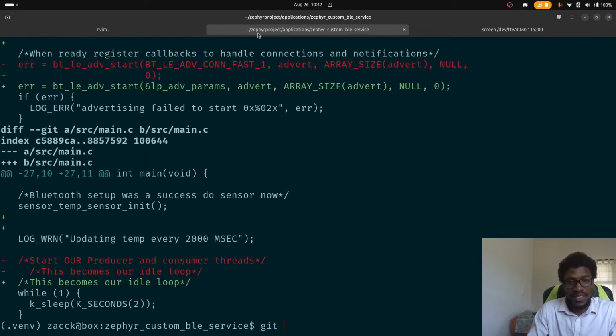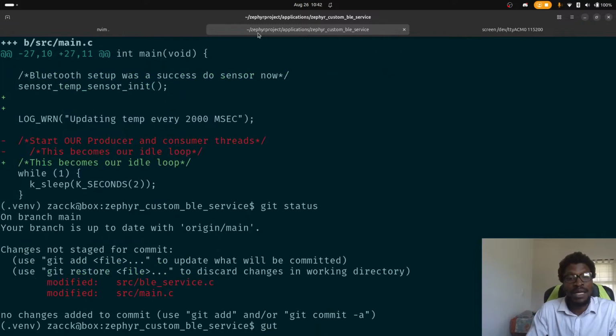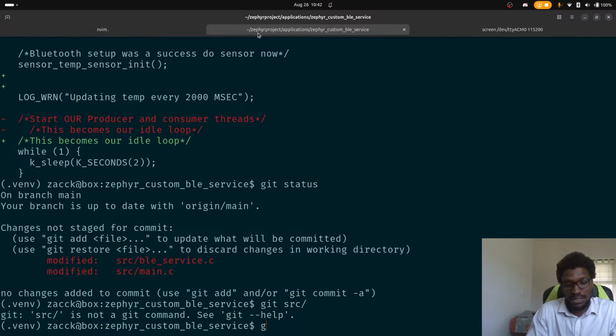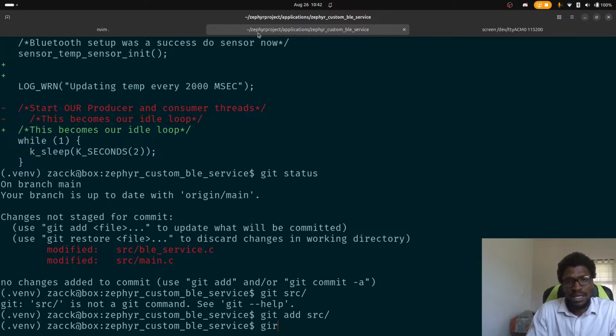Okay, git status. Okay, git add. Let's add the whole of the source folder. What did we change in main? Just a comment. Git commit -m